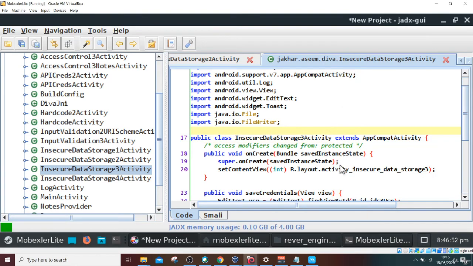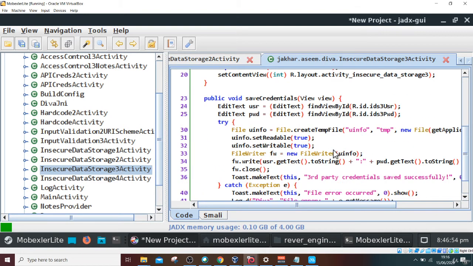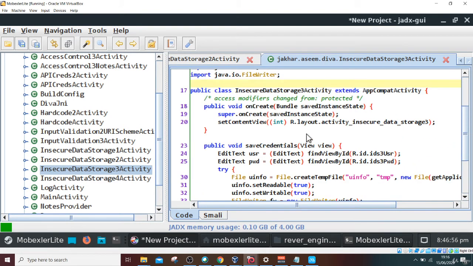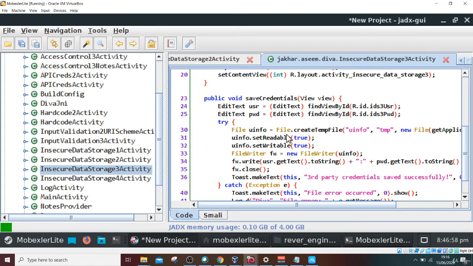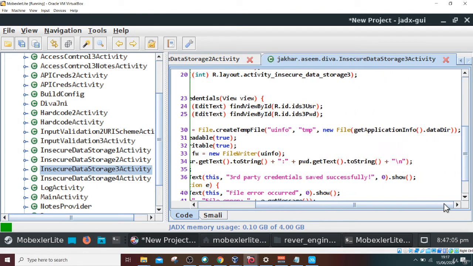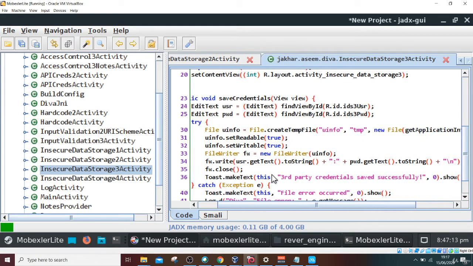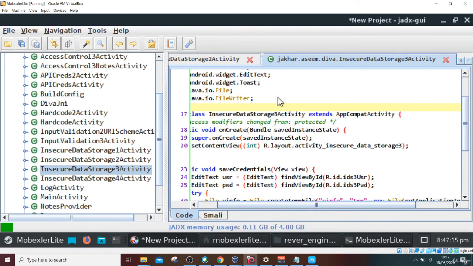We have to analyze the code: we can make out File.createTempFile with uinfo, a temp file. So it is creating a temp file named uinfo and saving some detail in it. Let's save some detail and navigate on the command line to see what we can find.